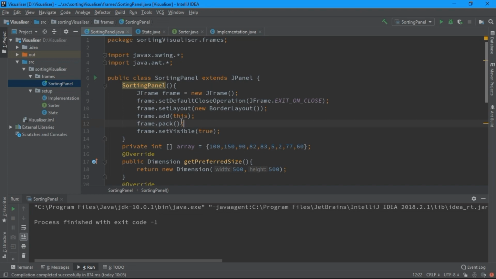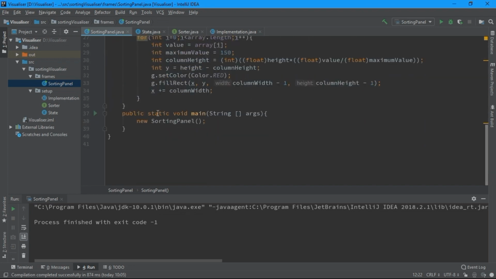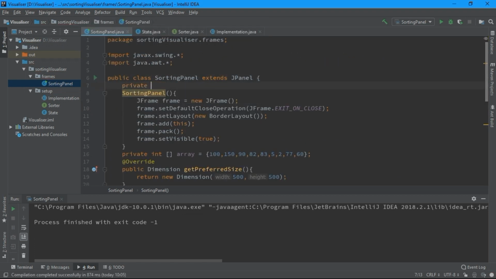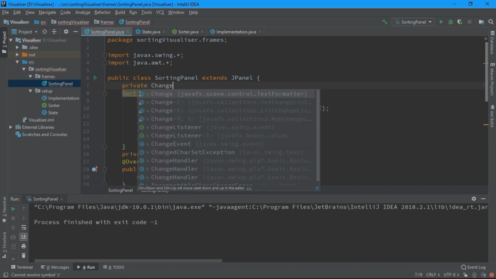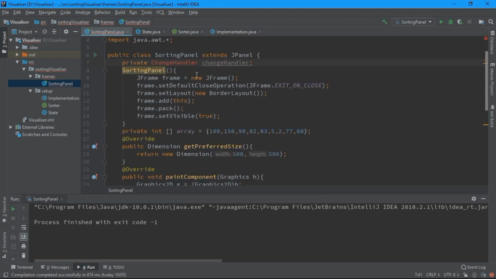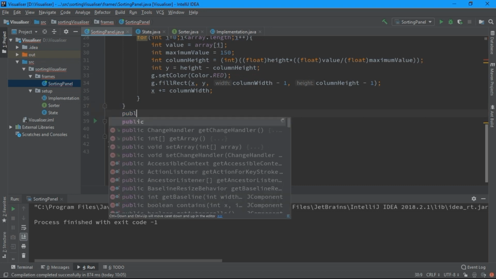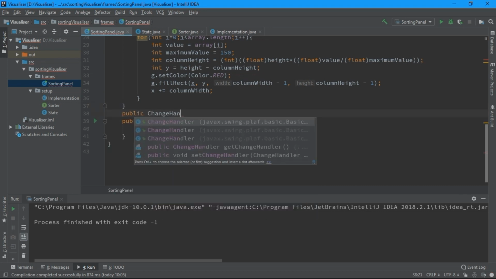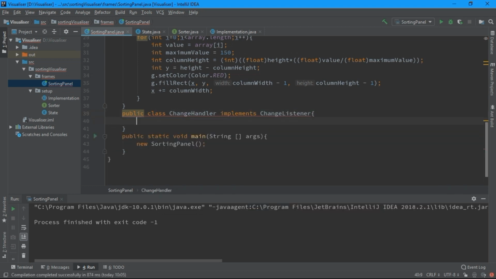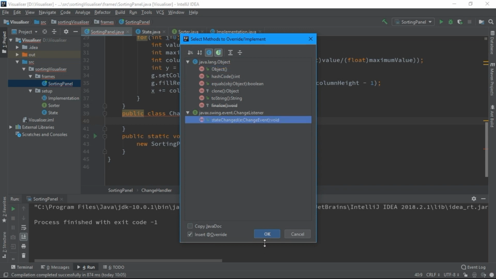So let's open back our sorting panel class, and I'll add a private change handler. I would actually create this as an inner class, public class ChangeHandler implements ChangeListener. Once we implement the change listener, we need to override stateChanged, and I'll say